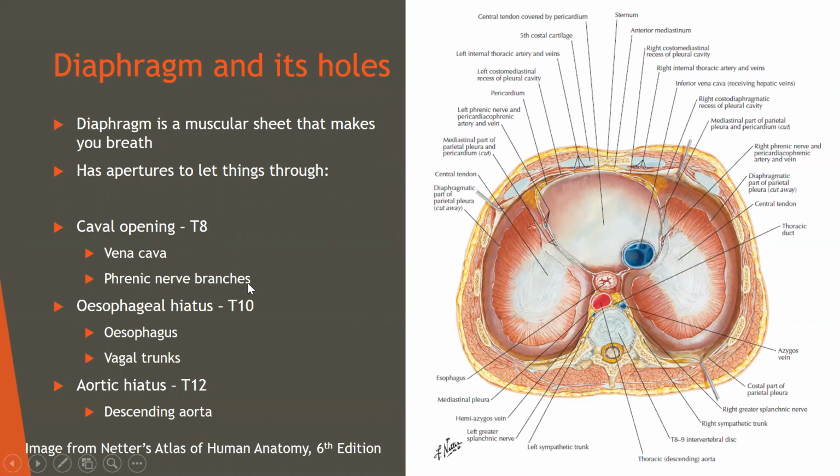At T10, you've got the esophageal hiatus, as the name suggests. It lets through the esophagus, and also some vagal trunks that run with the esophagus. So some of your vagus nerve there. And then the aortic hiatus is at T12, and that has your descending aorta coming through it. There's some other stuff, some lymph, like your thoracic duct, I suppose, is the other important one, maybe for